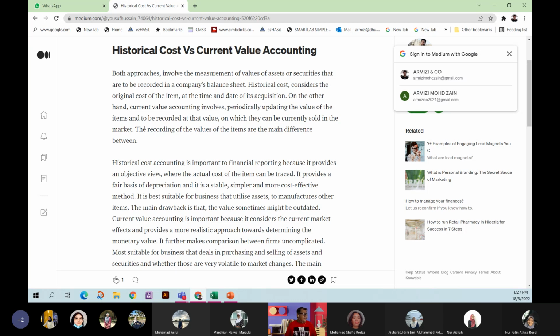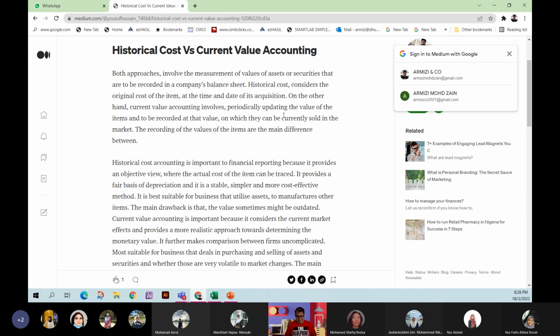Okay, kalau saya baca yang ni slow dia kata ya. Both approaches involve the measurements of value of asset. So ayat dia involve the measurement of asset ataupun securities that are to be recorded in a company balance sheet, statement of financial position. Historical cost ni consider the original cost of the item at the time and date of purchase, when acquisition. On the other hand, current value accounting involve periodically updating the value of the item and to be recorded at that value on which they are currently